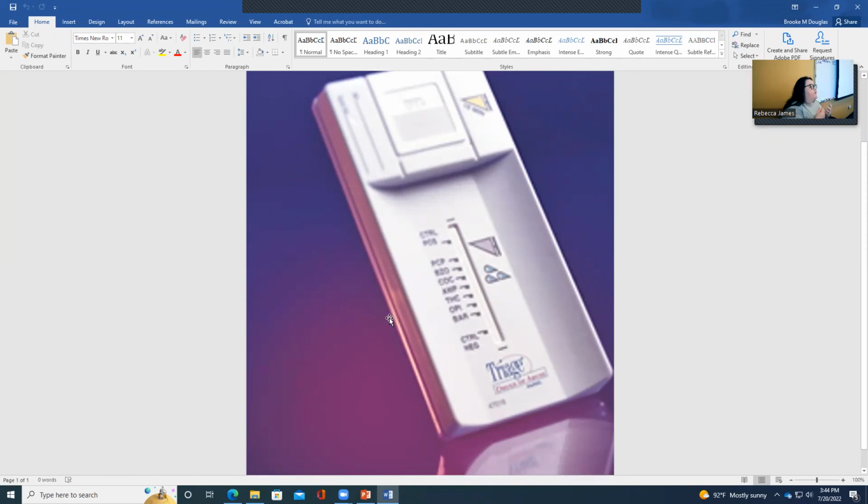So you have different types of drug panels. So you have like a drug panel 7, a drug panel 10, so forth, so on. You can do it in cups. You can do it in like a kit test like thing, which I'm about to show you. It's called a triage.